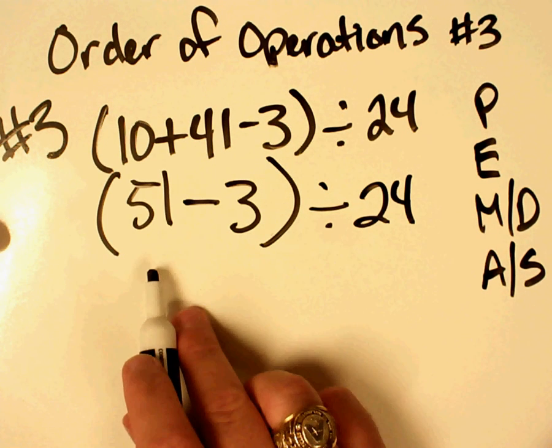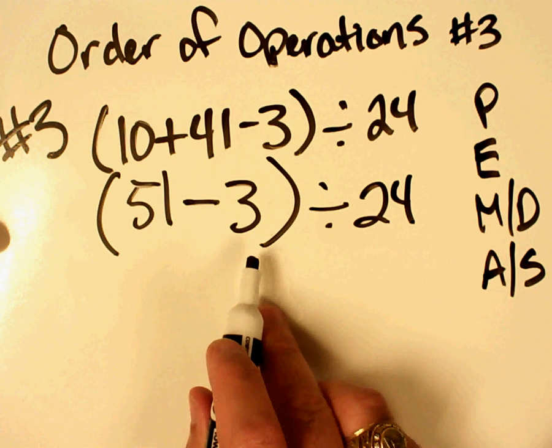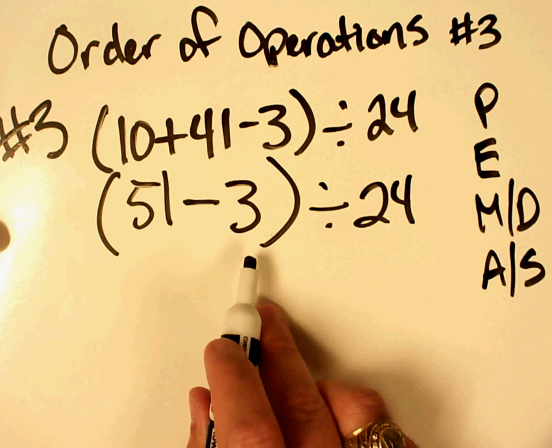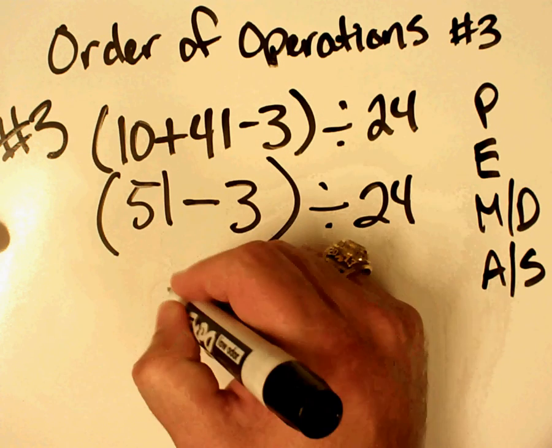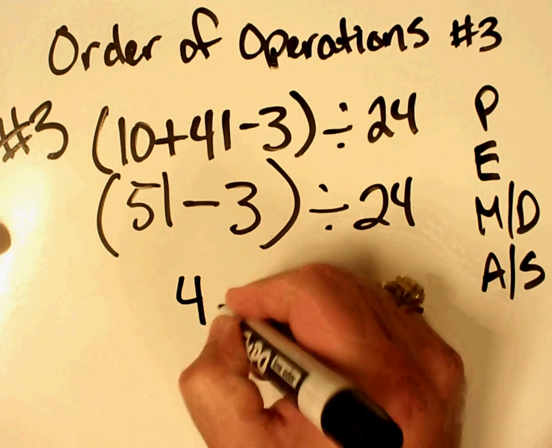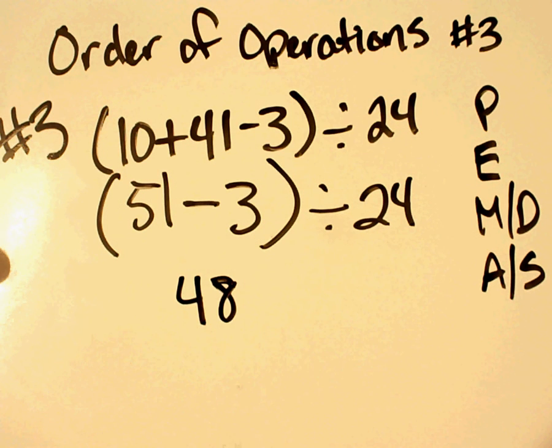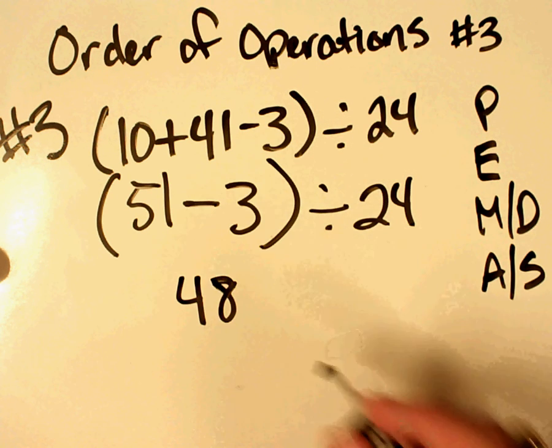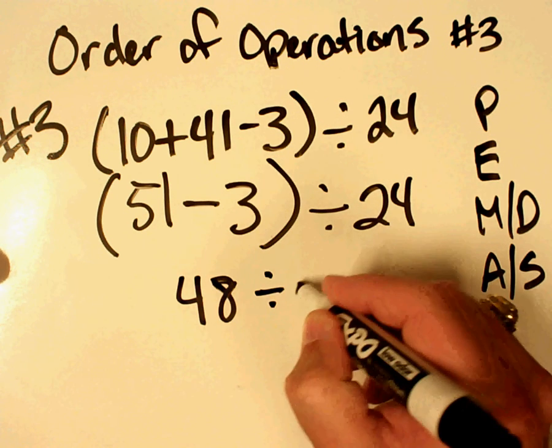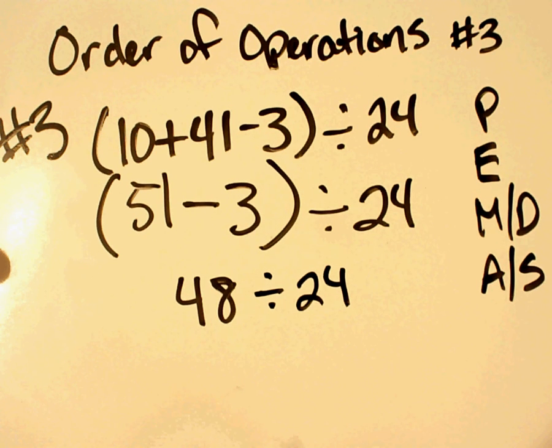So now I'm left with 51 minus 3, which gives us 48. Now, because this is the last operation inside my parentheses, now I can get rid of my parentheses. And so I am left with 48 divided by 24. And so my final answer is